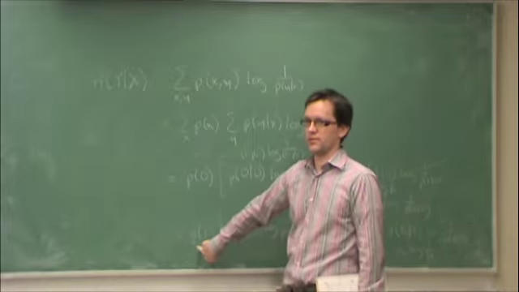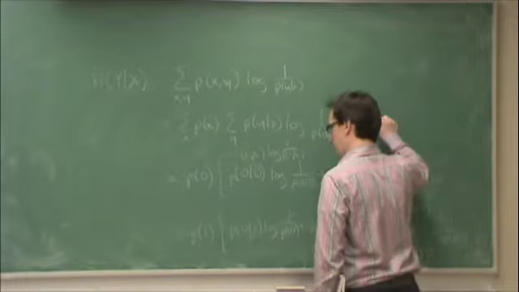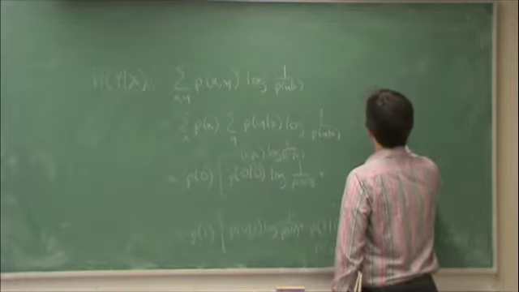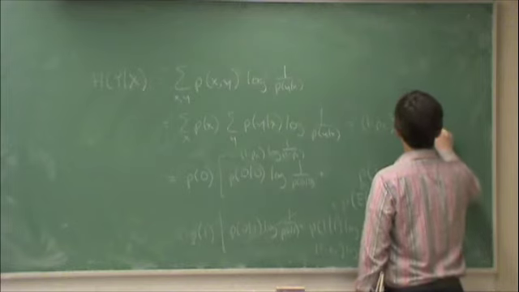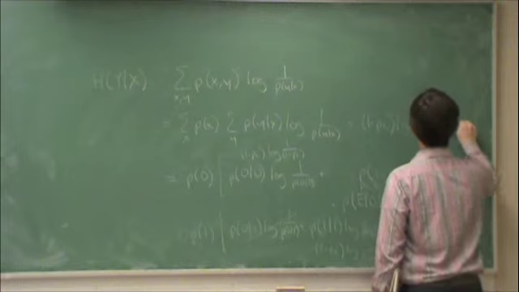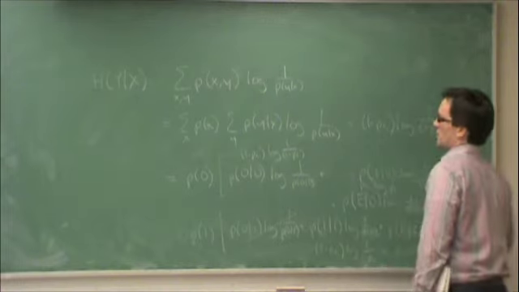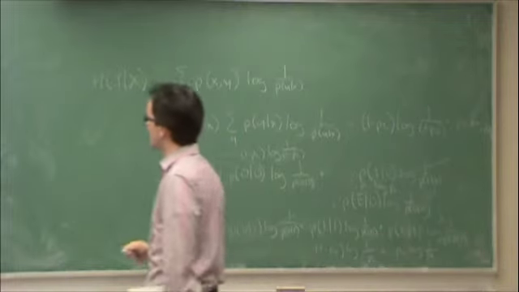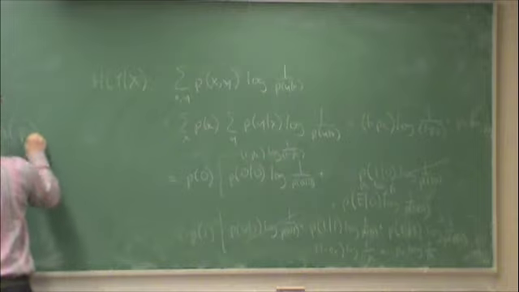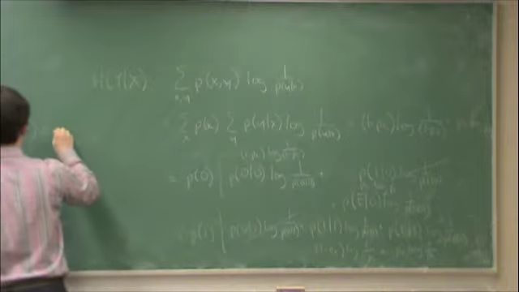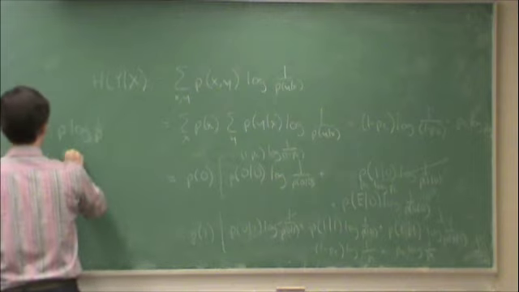P0 plus P1 is equal to what? It's equal to 1. So therefore this is equal to 1 minus pe log 1 over 1 minus pe plus pe log 1 over pe. Okay, I'm going to define a special function here. H of p is equal to p log 1 over p plus 1 minus p